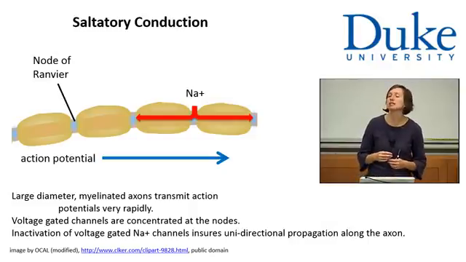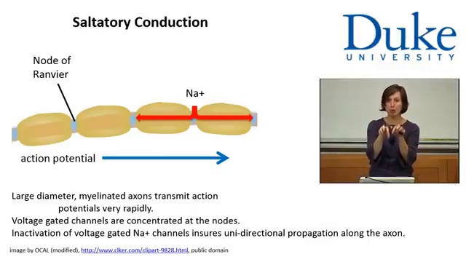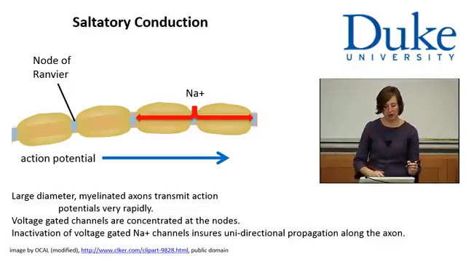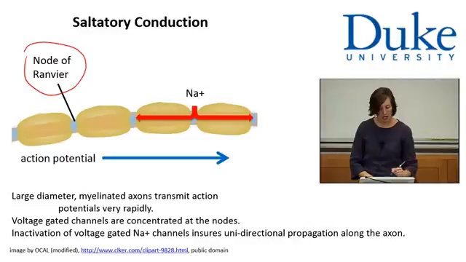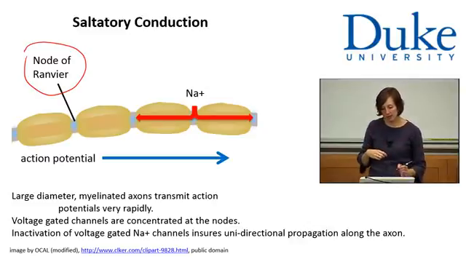The last thing we're going to talk about with action potentials is the role of myelination. So we talked about how Schwann cells and oligodendrocytes myelinate portions of the axons and then leave a space, which we call the node of Ranvier, which is a bare spot of the membrane that isn't electrically insulated by the myelin and has a large concentration of these voltage-gated channels. And so what that means is